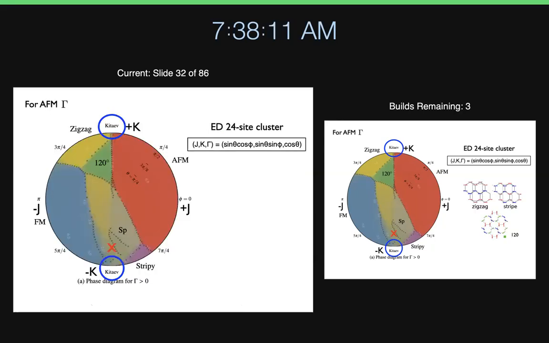This was an earlier one by the 24-site ED calculation. We are just looking at antiferro gamma, which is more relevant. And this is drawn in a circle in such a way that the boundary here is going to be the Kitaev-Heisenberg model. So the angle phi, the way that I have represented it, is going to be controlling the Kitaev and Heisenberg. So here is an antiferro Heisenberg. Here is a ferro Heisenberg. Of course, this phase will be dominated by antiferro ordering and the ferromagnetic ordering here.